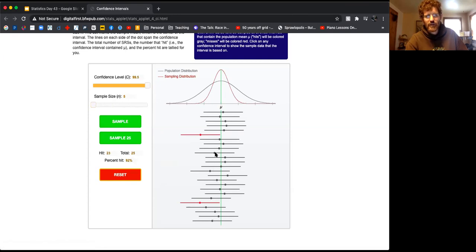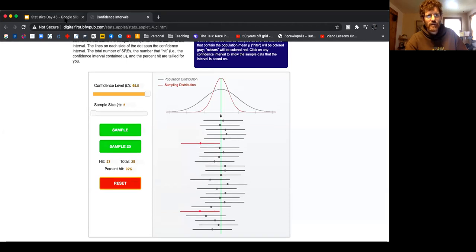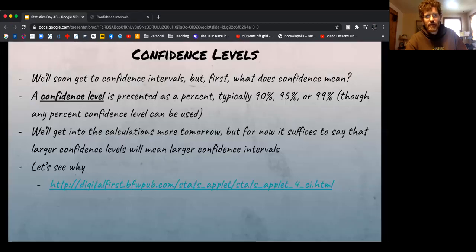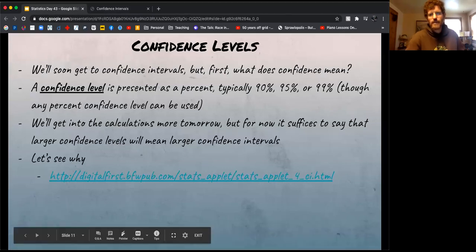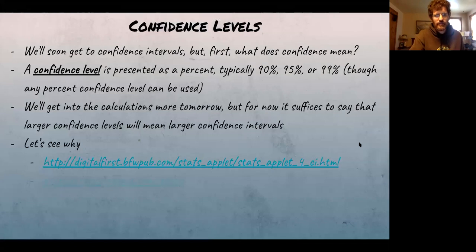Okay, so there are 2 factors we can change to make our confidence intervals wider or narrower. And that's confidence level and sample size. All right, I don't remember if there's anything else I really need to talk about with this. But again, we're not doing the calculations today, but when we do it, it's not going to be something you're not prepared for. I'll just say that. It's going to be a pretty straightforward calculation.